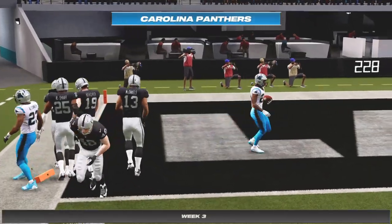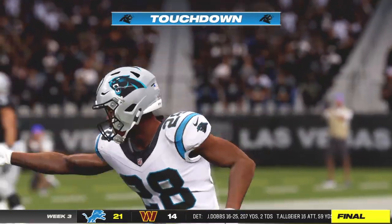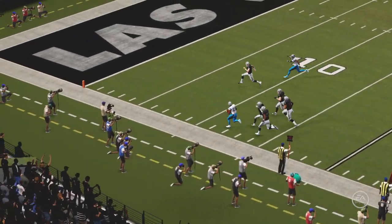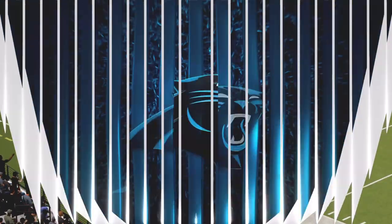And he will score. Touchdown, Panthers. He goes 67 yards on the punt return, and the Panthers are able to strike quickly to add on to their lead. When you've got a guy that fast back there to receive punts,